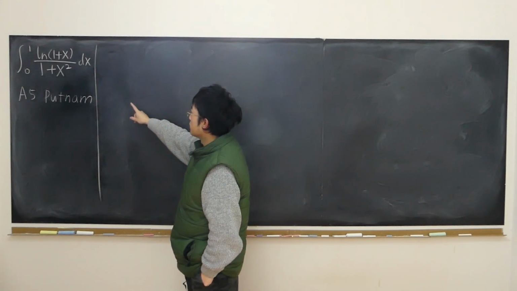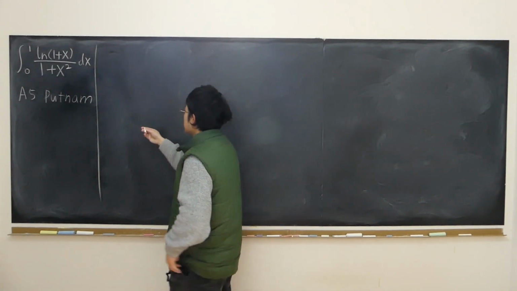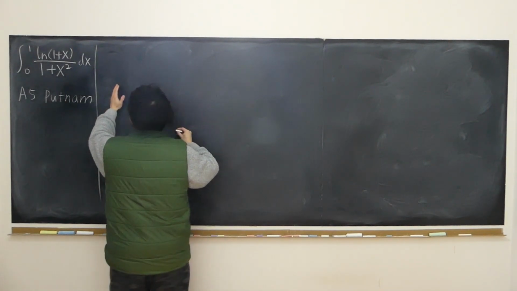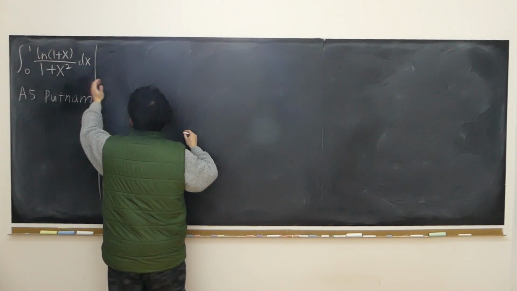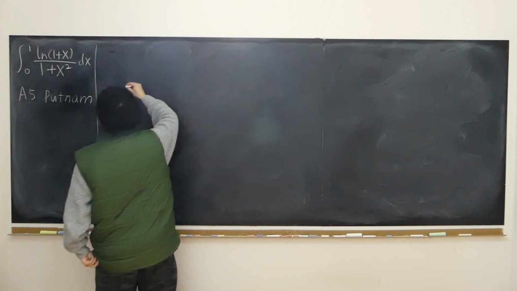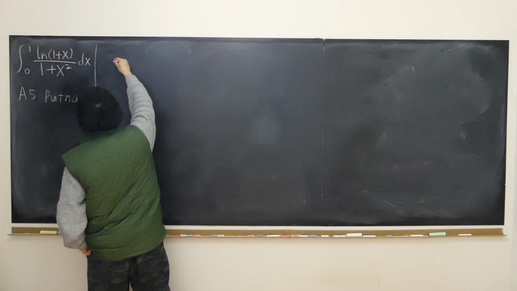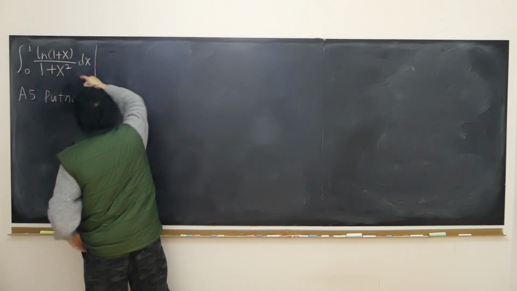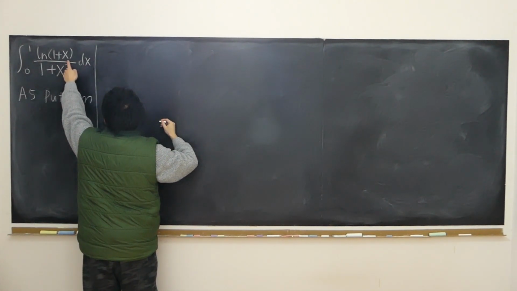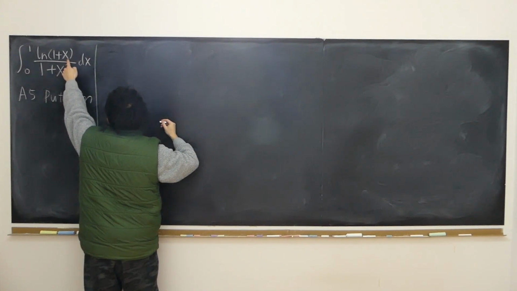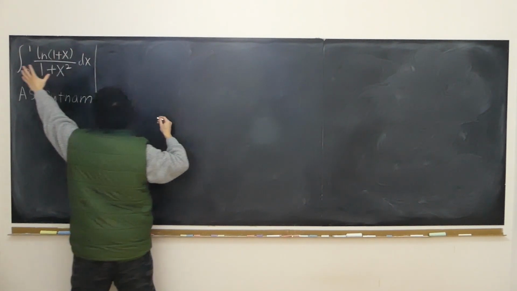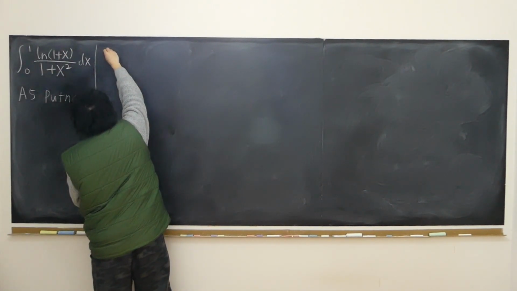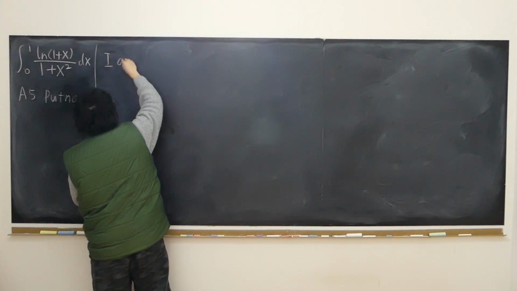But here, first, we will look at how to use Feynman to solve it. Later, in a future video, I will show you how to use the elementary method, just using basic substitution. Now, we're going to let x have a parameter a in front of x as our parametric function. Let's call I of a equals